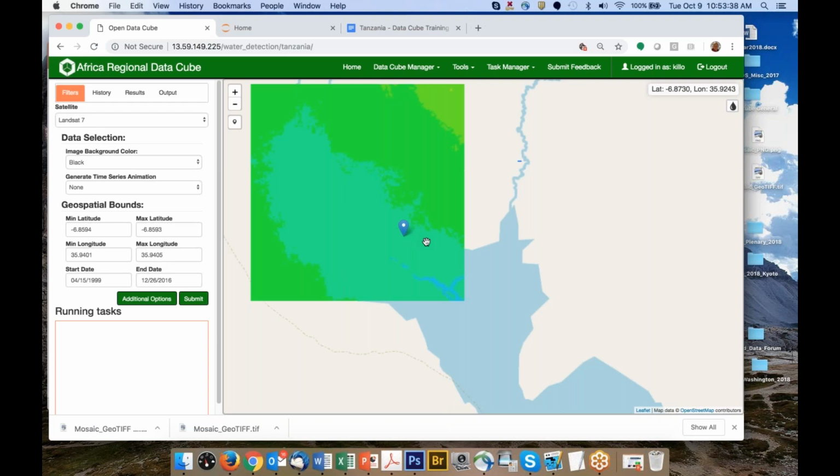So the lake that we just analyzed just to the west of Dodoma appeared to have dried up quite a bit historically. So this thing is running this time series. Just give it 1 second, and then